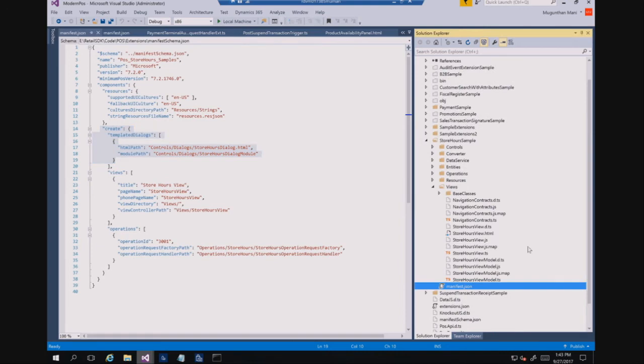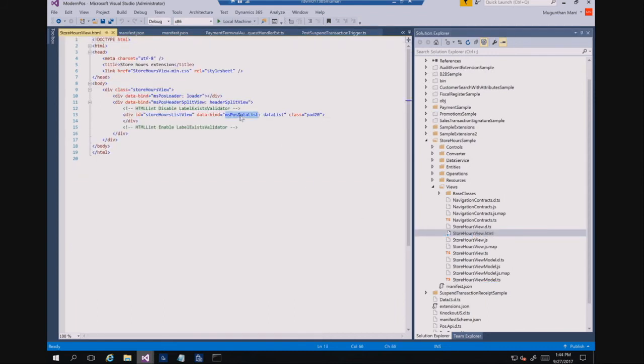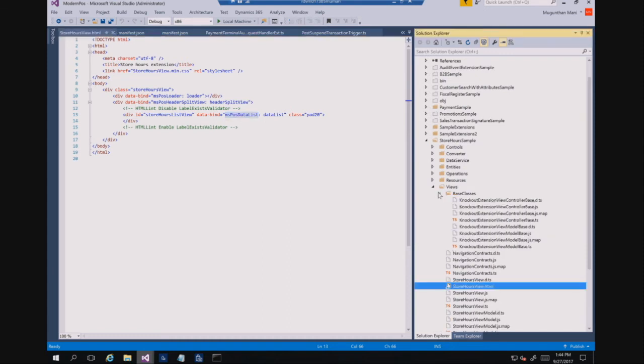And then the view is nothing complicated, it's straightforward. It will have an HTML file. For example, in the HTML file, it will just have our data list control. That's it, because we just add a grid, right? And then there will be a corresponding TS file which will have the logic. So creating a view is straightforward: just create an HTML file and have the corresponding TS file to have the required logic. Okay.